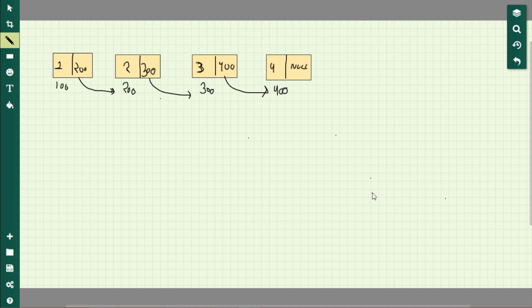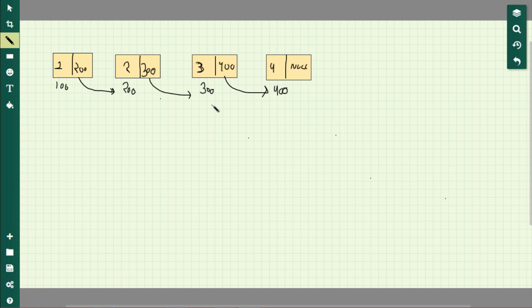So today we will be studying how we can count the number of nodes in a given linked list. So let us begin. As you can see, I have taken a linked list with 4 nodes. These are the data parts in each of the nodes, and these are the address parts, which contain the address of the next node. Our first node's next part is pointing to our second node, and our second node's next part is pointing to our third node, and so on, and our last node will point to null.